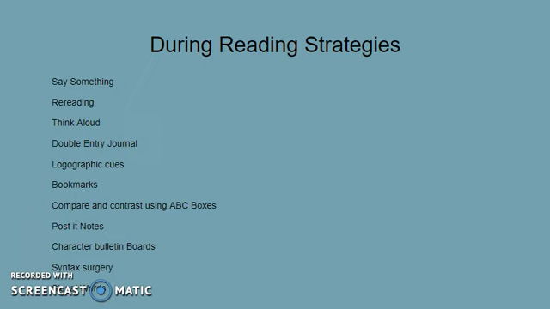So say something is the students partner up, and one student will read, and then the other student, when they run across a word that they don't know, they will say something while the other student is reading. And you'll ask a question about what you don't understand. Maybe it's a word that you don't really know. Maybe it's a question about what's happening in the story, or you will just make a comment about what the story maybe will make you think about, or what it reminds you of, or if you like it,